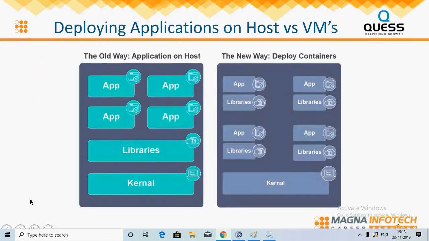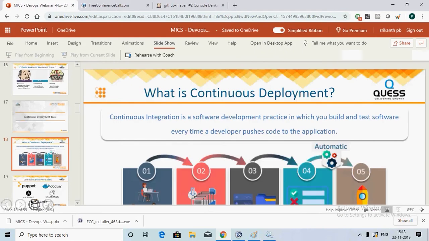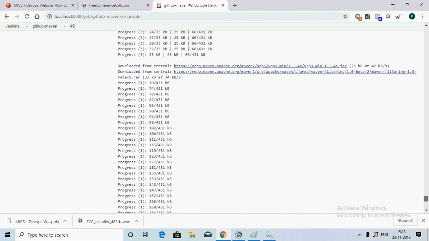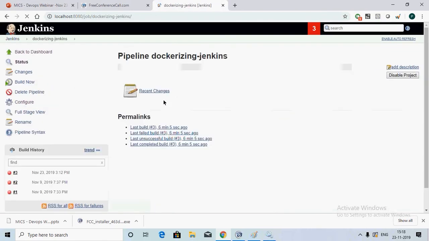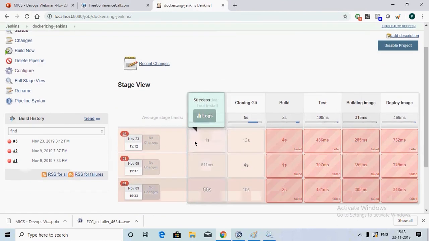I showed you the pipeline here. This is called a pipeline. Whatever you're seeing here, it's a pipeline which contains installation of the dependencies, getting your repository, getting your code, building the code, testing your code, building the Docker image, and deploying into the Docker image.